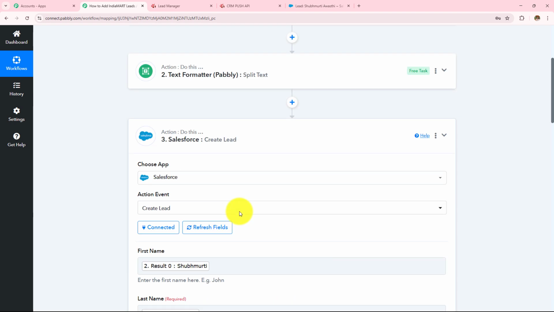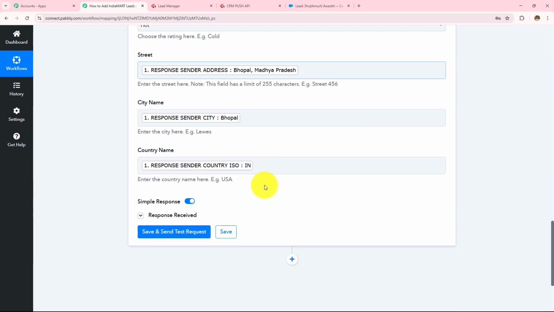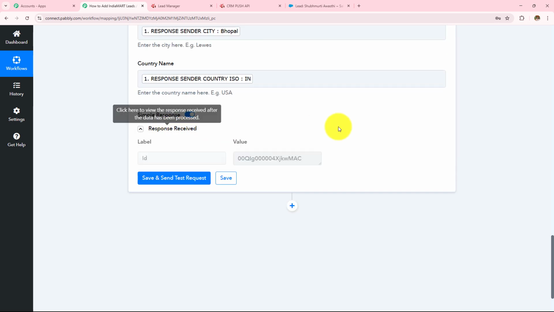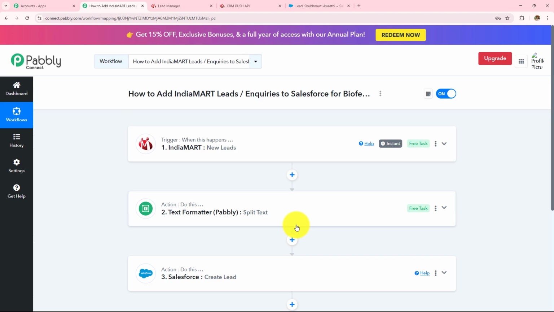We used Text Formatter, a feature by Pabbly, to split my first name from my last name, and I've mapped that. We entered all these values with the help of mapping, clicked on the Save and Send Test Request button, and received the response as this lead being created in my Salesforce account automatically and instantly. So this is how this automation workflow will run, and here we have successfully created automation between IndiaMart and Salesforce with the help of Pabbly Connect.